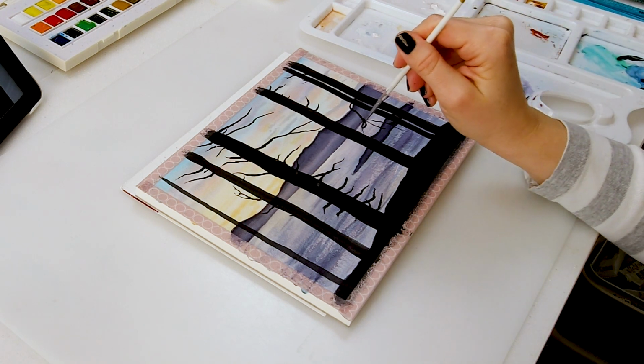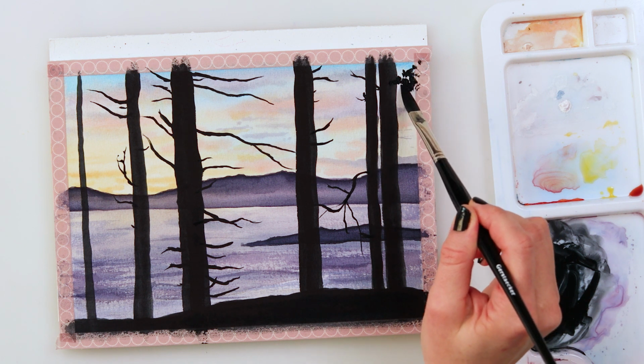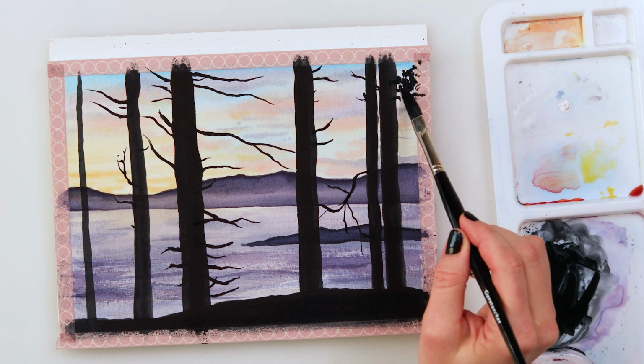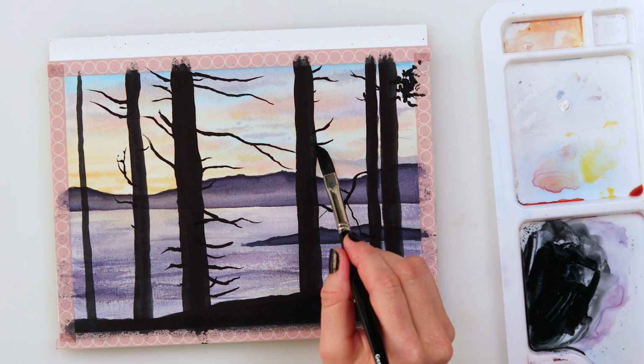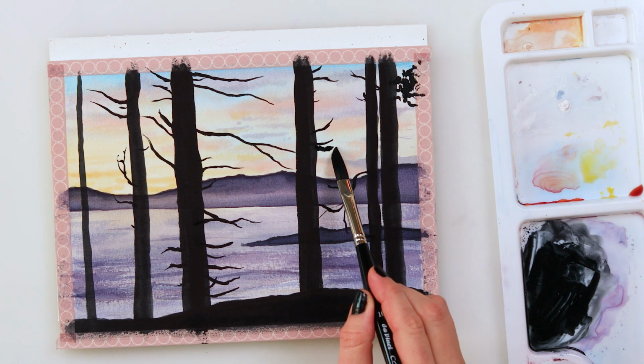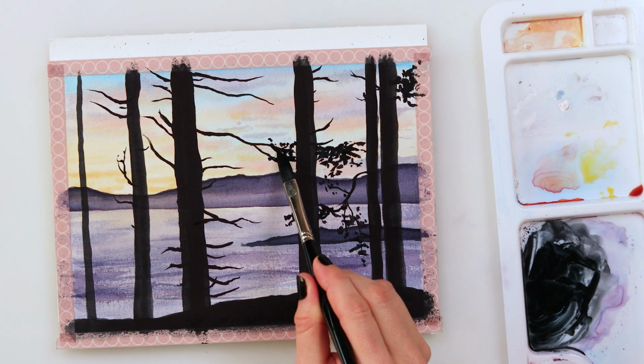And that is the reason why I use it, and why probably I will use it also in the future. But of course, if you don't have a script brush, you can also use a smaller round brush or maybe a detail brush. For painting leaves, I'm using a dagger brush, and I'm slightly tapping with the tip of my